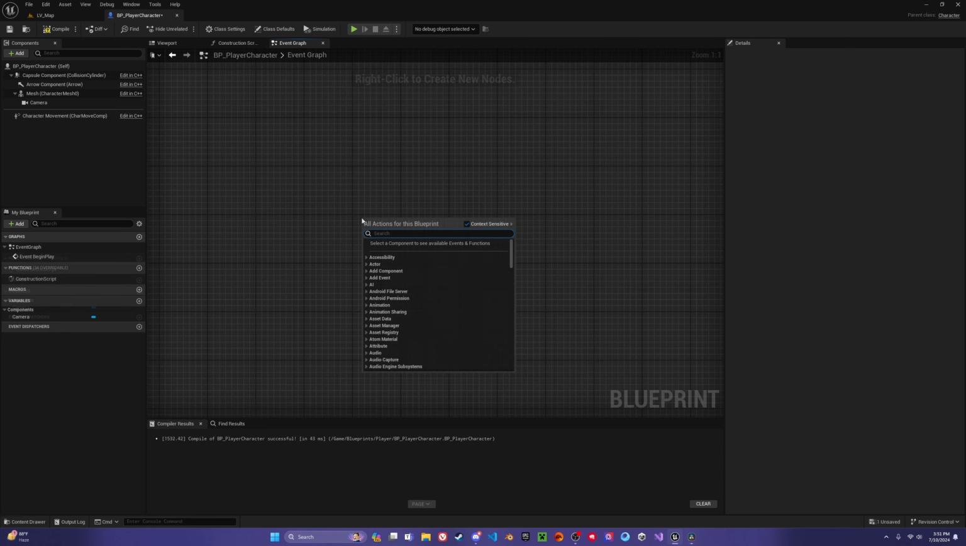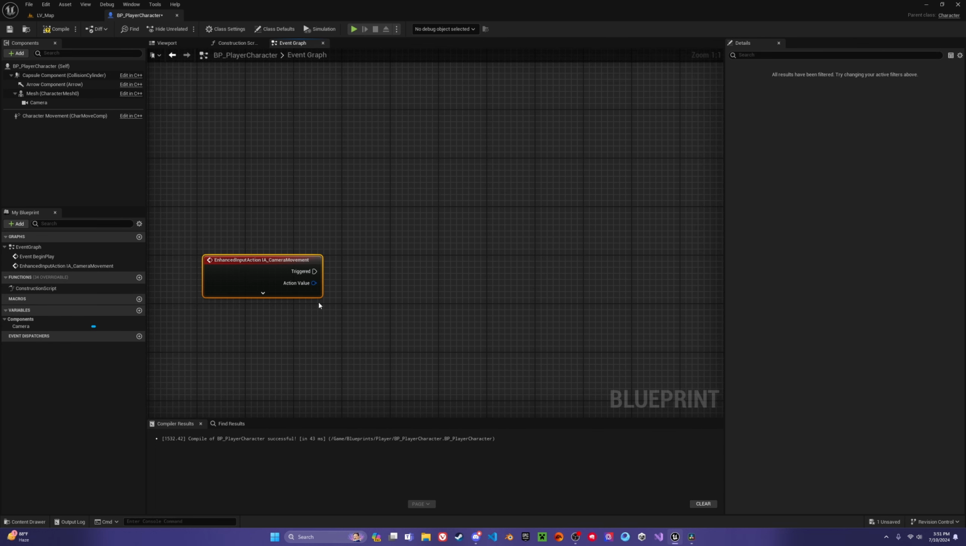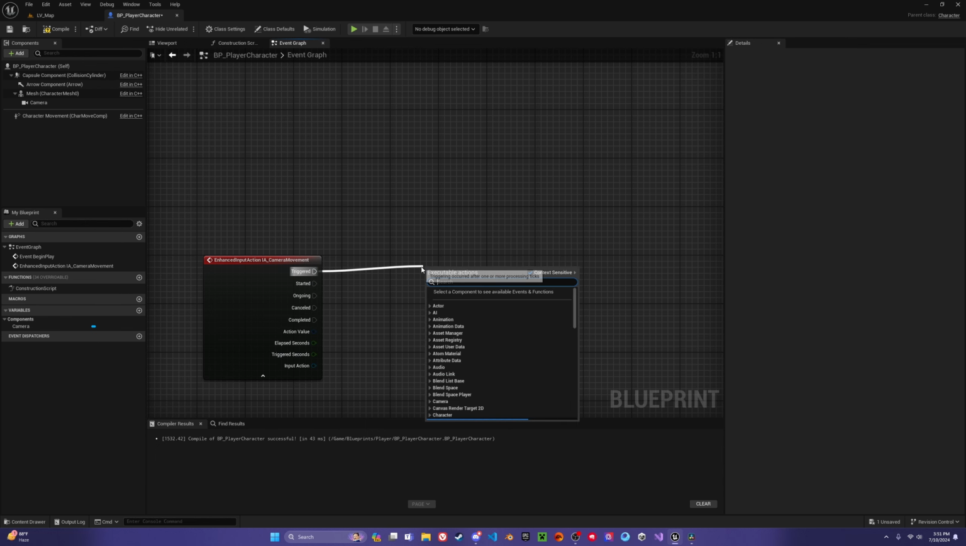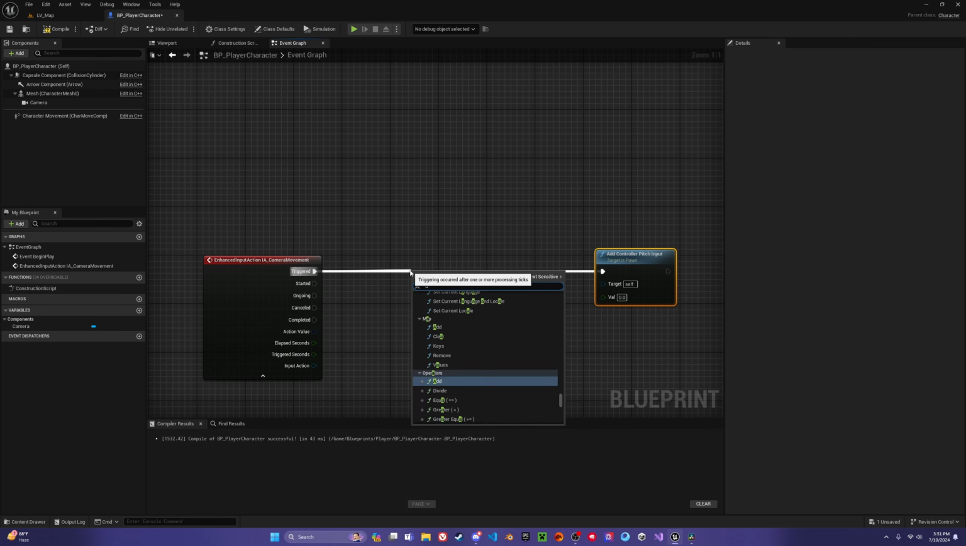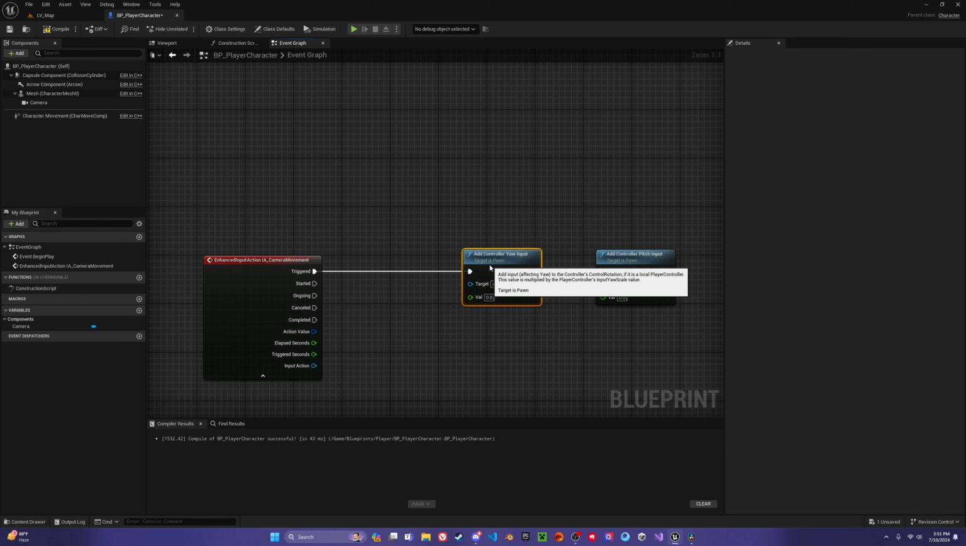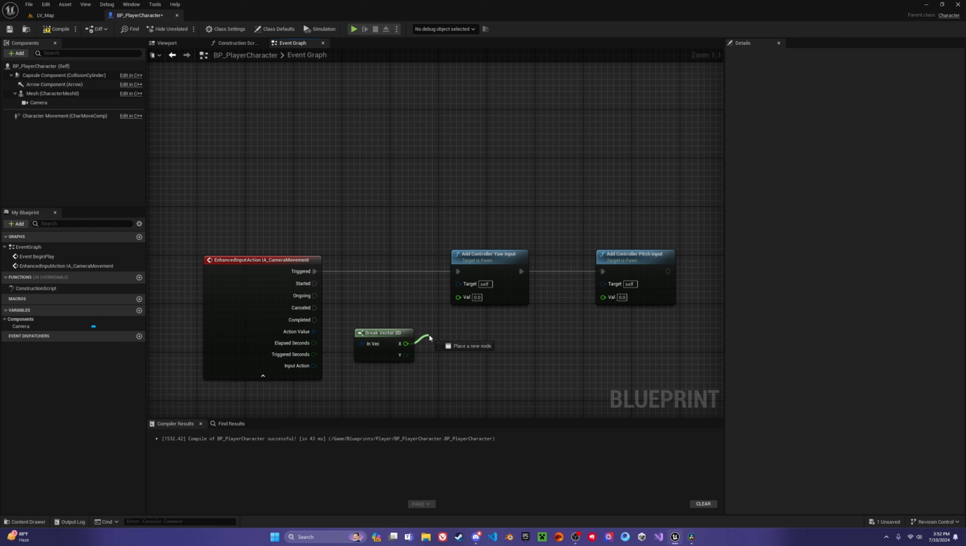To set up our camera movement, we want to search for IA underscore camera movement. This is going to be very simple. On the triggered, we're going to add controller pitch input, and we're also going to add controller yaw input right there. And what we want to do is get the action value, break it, and while we broke the action value, we want to select our X input. We want to multiply it by -1, so basically we're negating it,